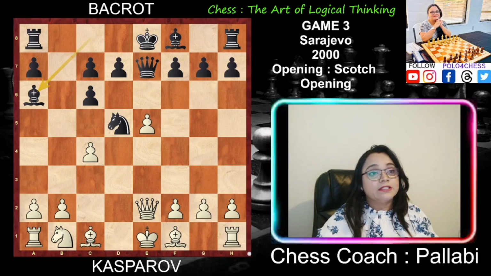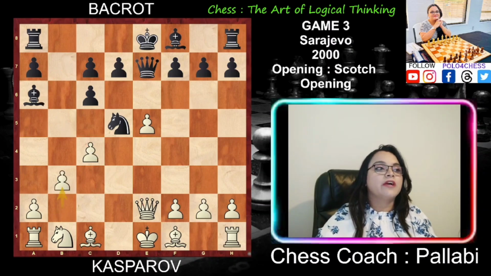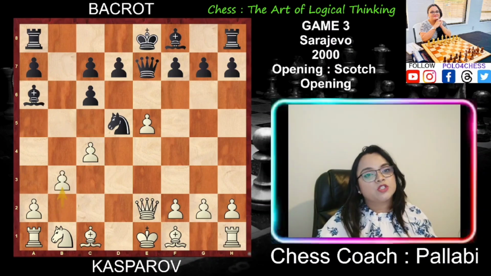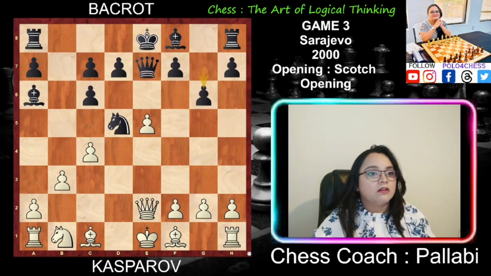Bishop a6. Rather than retreating the knight, Bacrot pins the pawn and develops another piece. Pawn to b3. This solidifies the barrier against the bishop as white wants to prove that it is badly placed on a6 rather than developed to a good square. g6. With the